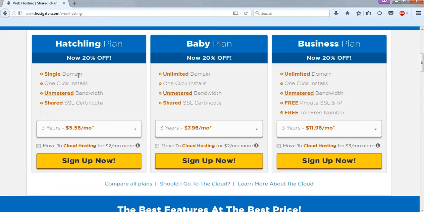Despite only hosting a single domain name, you can have subdomain names on that. And if you want to learn more about how to set up a subdomain name, I have a video on that which I will link to within the description below. But the important thing to note with this is a subdomain name is something like